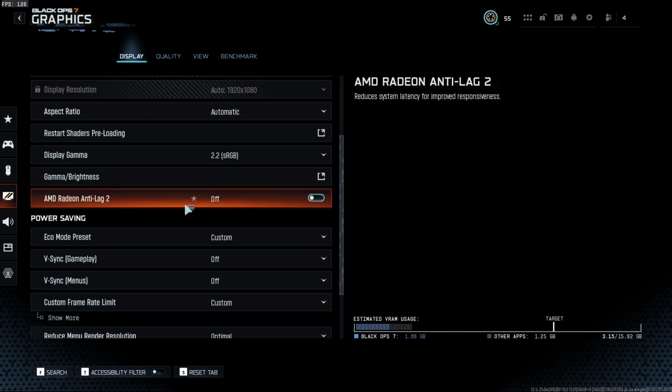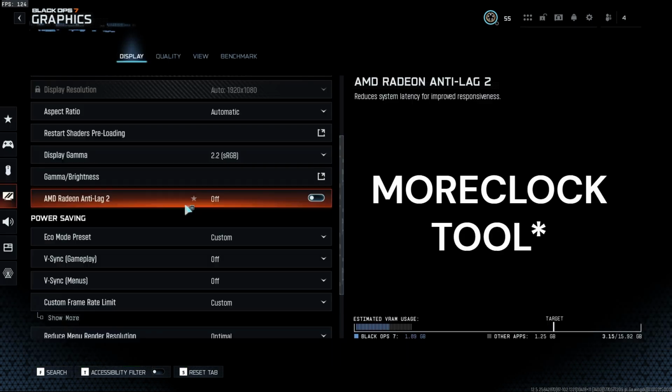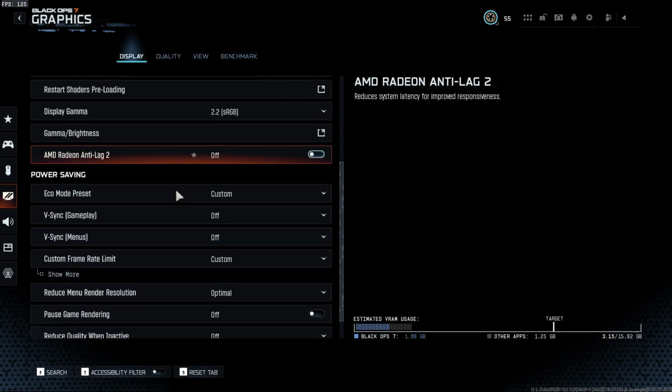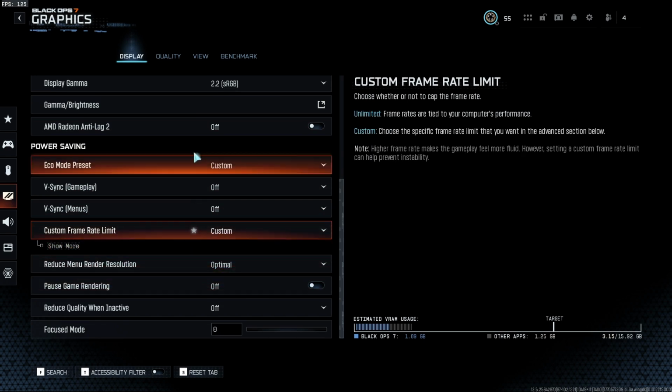Coming down the page, I'm using AMD, so if you want to set AMD Radeon Anti-Lag, you're best to do that through your driver. That can be done through the AMD Adrenalin software. If you don't use that, you can go ahead and use More Power Tool. That's another way of doing it. Not really anything else here that you need to care about in terms of FPS, so you want to go